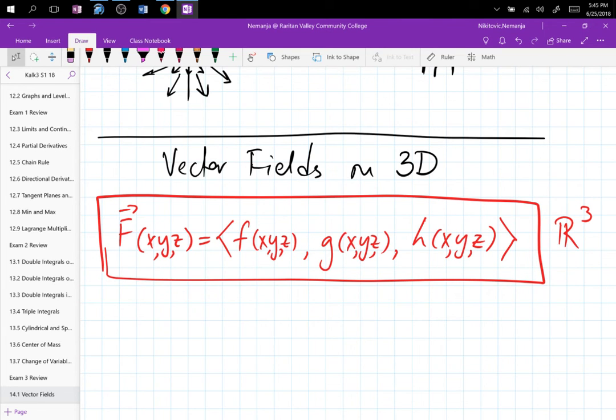a vector of functions, and vector field is a vector of functions, then yeah, we have a function that we call potential function, and when you take the partial derivatives, you take the gradient of that function, you get a vector field. So most of the time we are interested in figuring out the function that generates vector fields, and that's what 14.3 will be devoted to. We are going to learn the method if the field is conservative, and you will see all of those things when we get there. We will devise a method which will give us the opportunity to find the function which